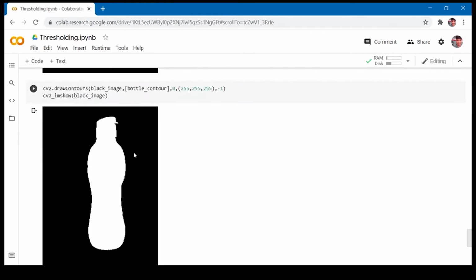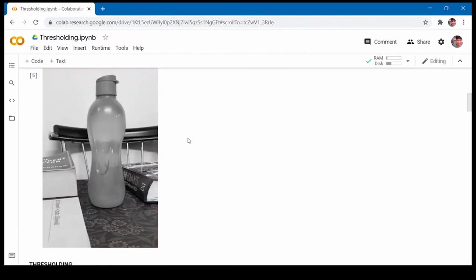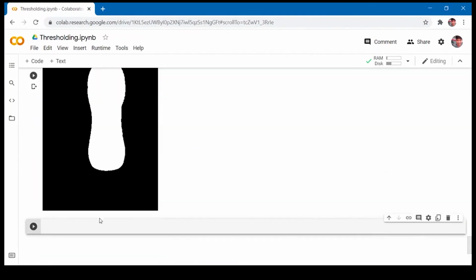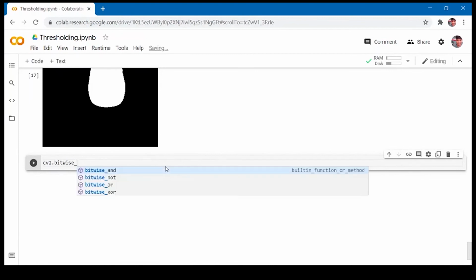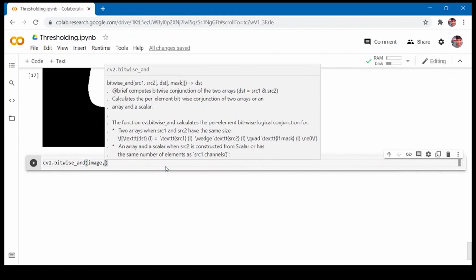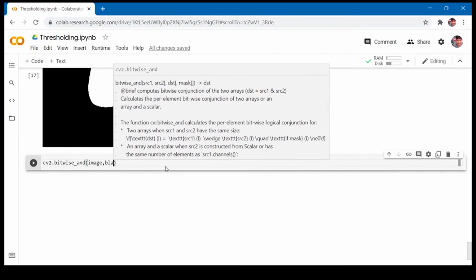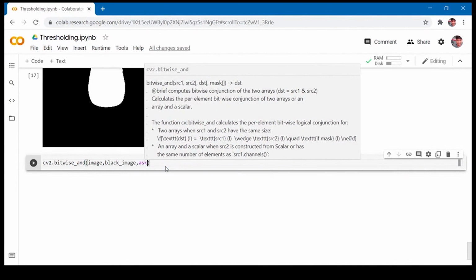As you can see, we have the portion of the bottle filled with white color. Now what we have to do is perform a bitwise AND operation with this mask and the original image. For that we have a function called cv2.bitwise_and. The first source is the image, the second source is the black mask, and the mask is none.